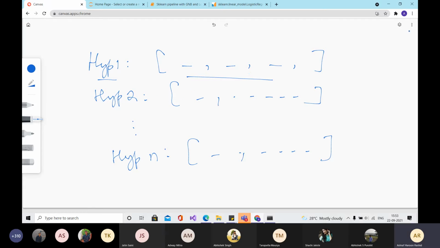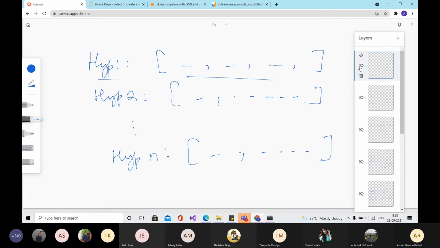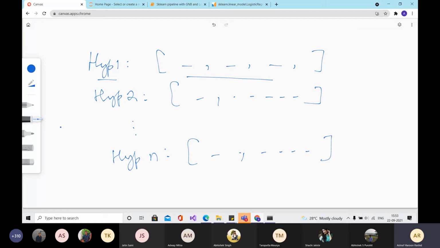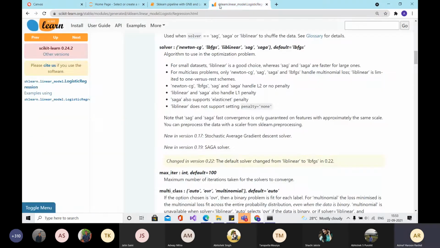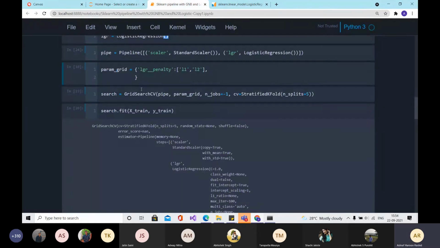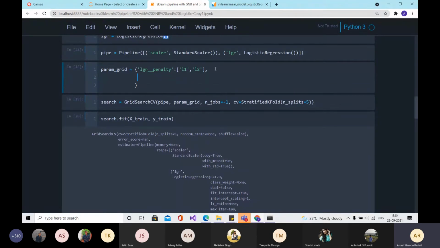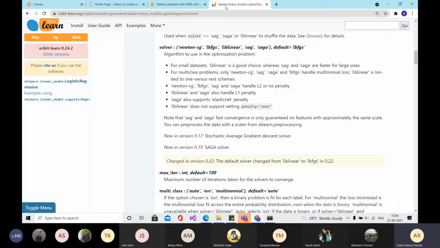So for this current logistic regression classifier, the range of values that I have chosen is L1 and L2 regularization, which one would be better for us, that's what I have chosen. I can also add some more hyperparameters. Let's say,